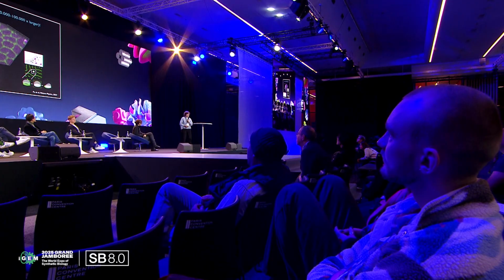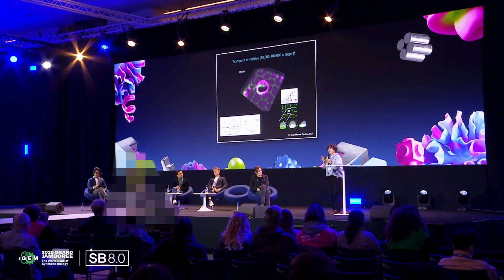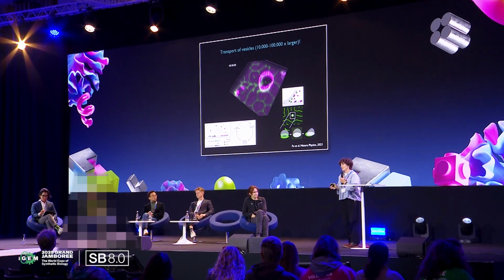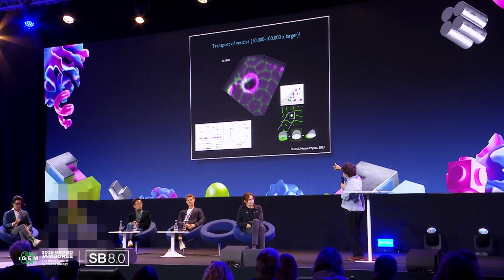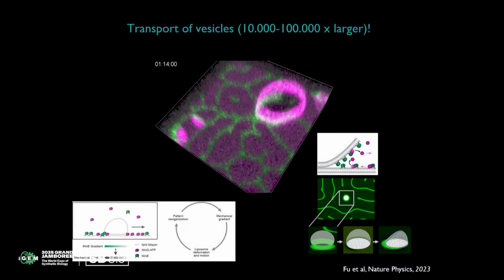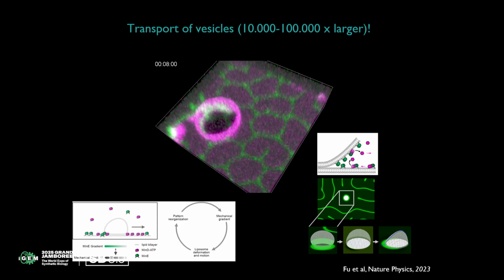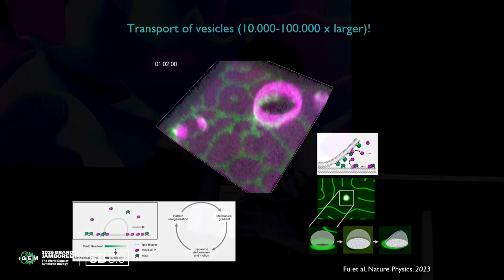And last but not least, you can take the Min proteins to execute active transport of vesicles, as you only would see it with motor proteins usually in eukaryotic cells. So what you're seeing here is a vesicle that's about 10 micron in size, and is basically a membrane on the bottom, and the Min proteins are forming patterns on this membrane, and because they're binding to the vesicle, they will deform the vesicle. And by the deformation of the vesicle, the Min pattern is deformed too, and so you have a chemomechanical cycle going on. So what we see here is an active transport fueled by ATP, which has nothing to do with motors.